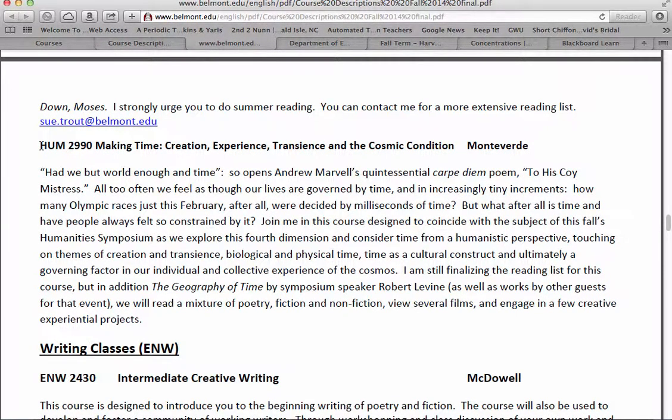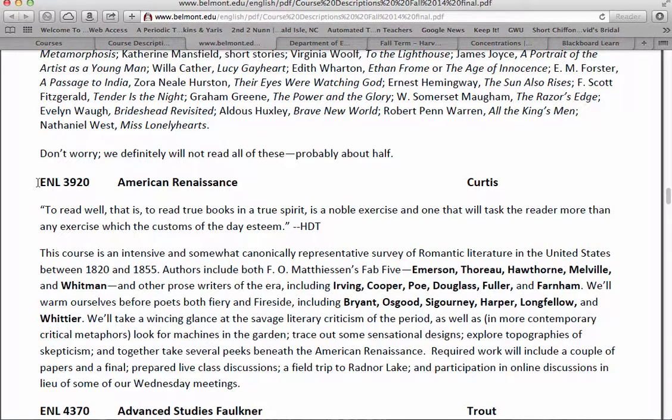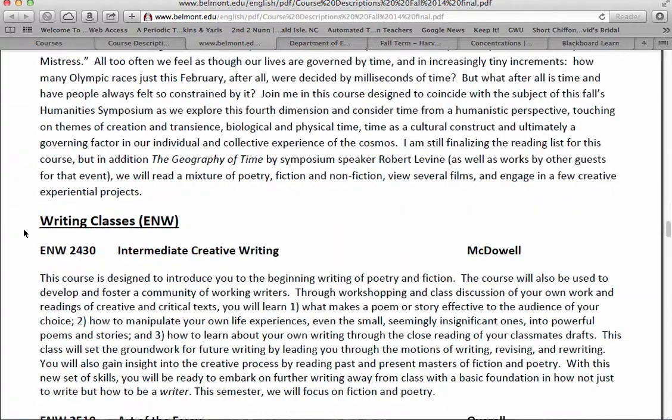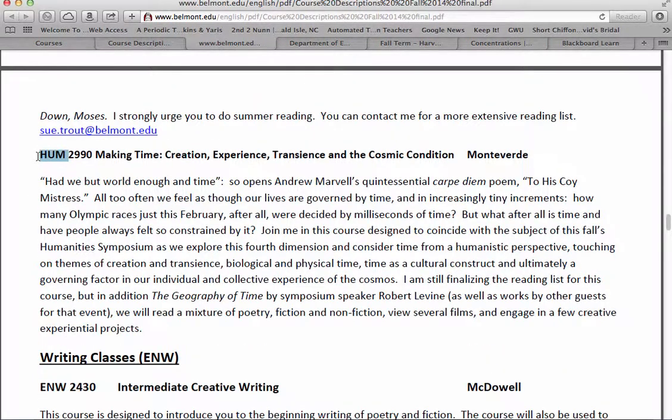First of all, the opening letters are very different than the other letters in the course catalog. ENL means English, typically literature with the L as a distinction. And then ENW for them is English with writing as an emphasis. But here's a HUM, which we have to assume means humanities, but it's listed under the English department course description. And so if you read through this course description, it's very unique.